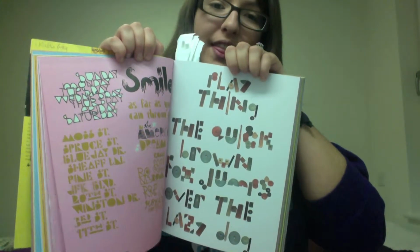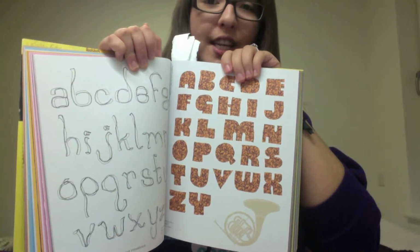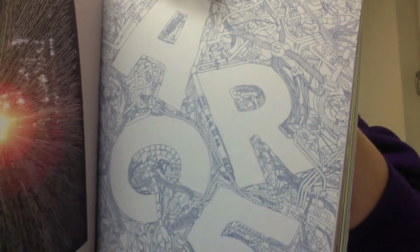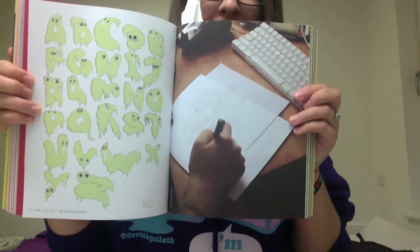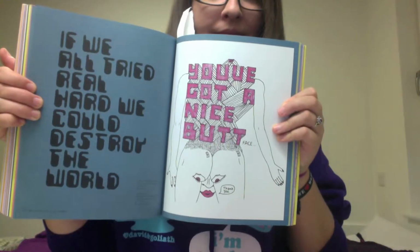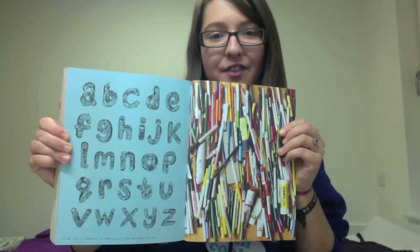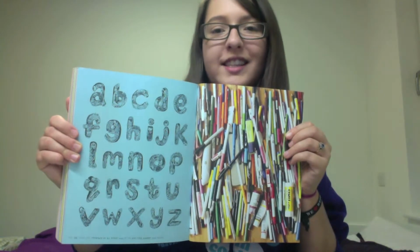Typography made out of different things. This page has some really cool linear drawings, fine liner based. This page is really detailed. This page is just stunning. I love these little ghosts, they're so cute. And this page is just an overview of the different section letters that separate out the sections, so that's so